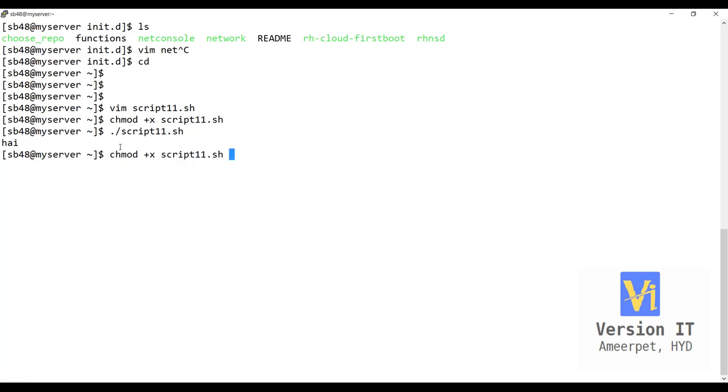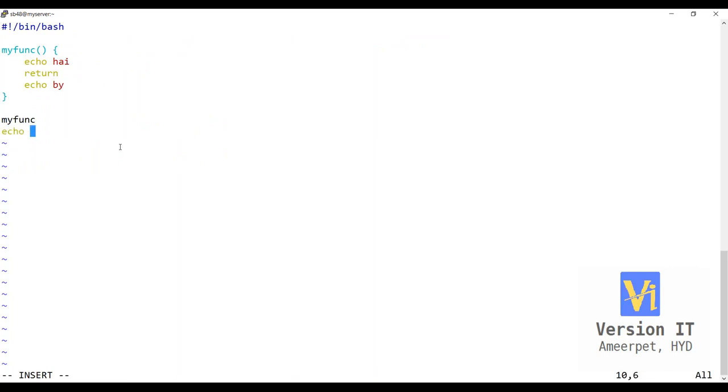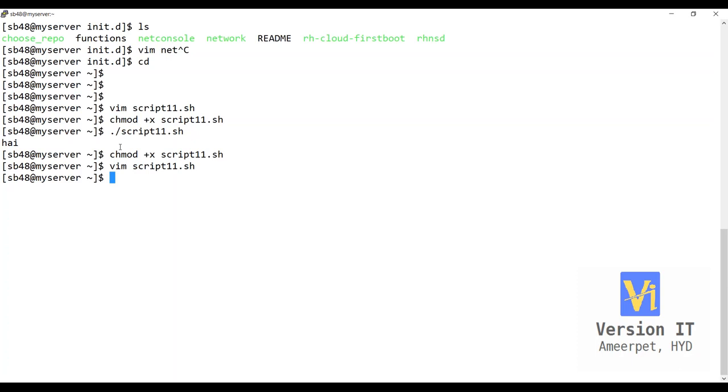And let me see the status. Echo status of function is equal to dollar question mark. Dollar question mark is the variable where you access the exit status. So here you are using the same thing. So script 11.sh, exit status of a function equal to